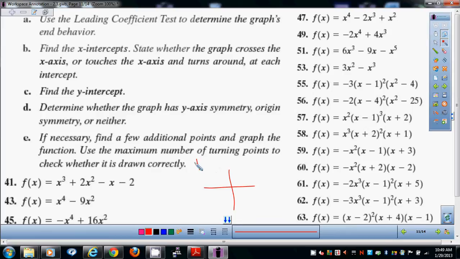But it's going to look something like this. It's going to look the same. You should be able to notice it. If you don't, that's fine, but that would have even or y-axis symmetry. Whereas an odd one,